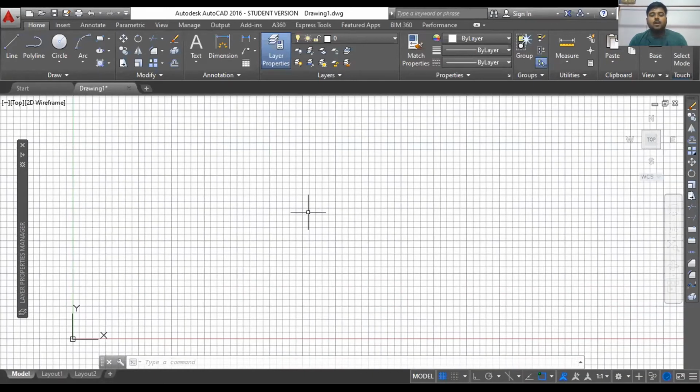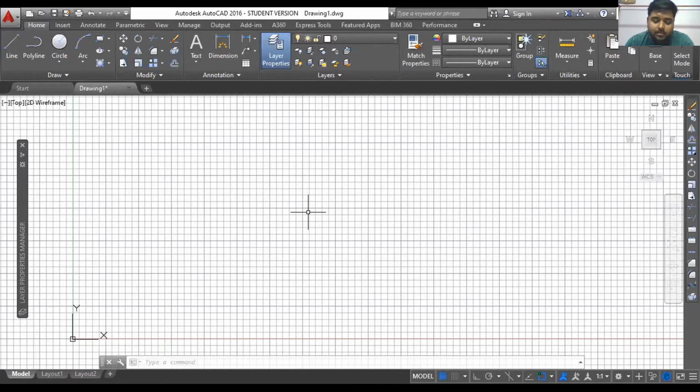Anyway, so basically this is how your AutoCAD interface looks. This is the 2016 version, and some of you might be using the latest versions like 2019 or 2020, but I'm pretty much comfortable with this version. That's why I'm using it. Before that, I used to use 2012, and 2007 is also very popular because most of the experienced CAD draftsmen who are right now in the industry have been using it for 10 or more years. So they are very much comfortable with the 2007 version.